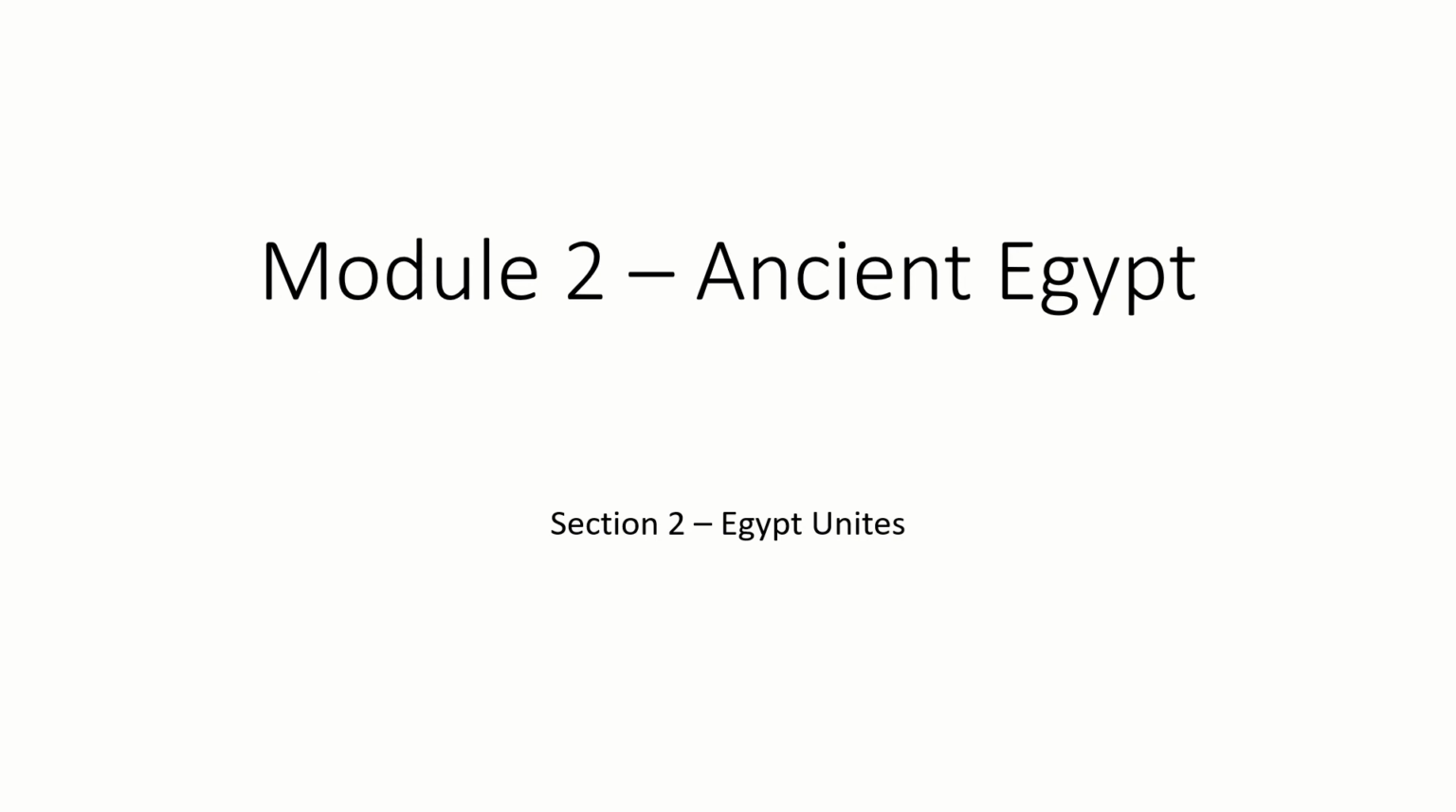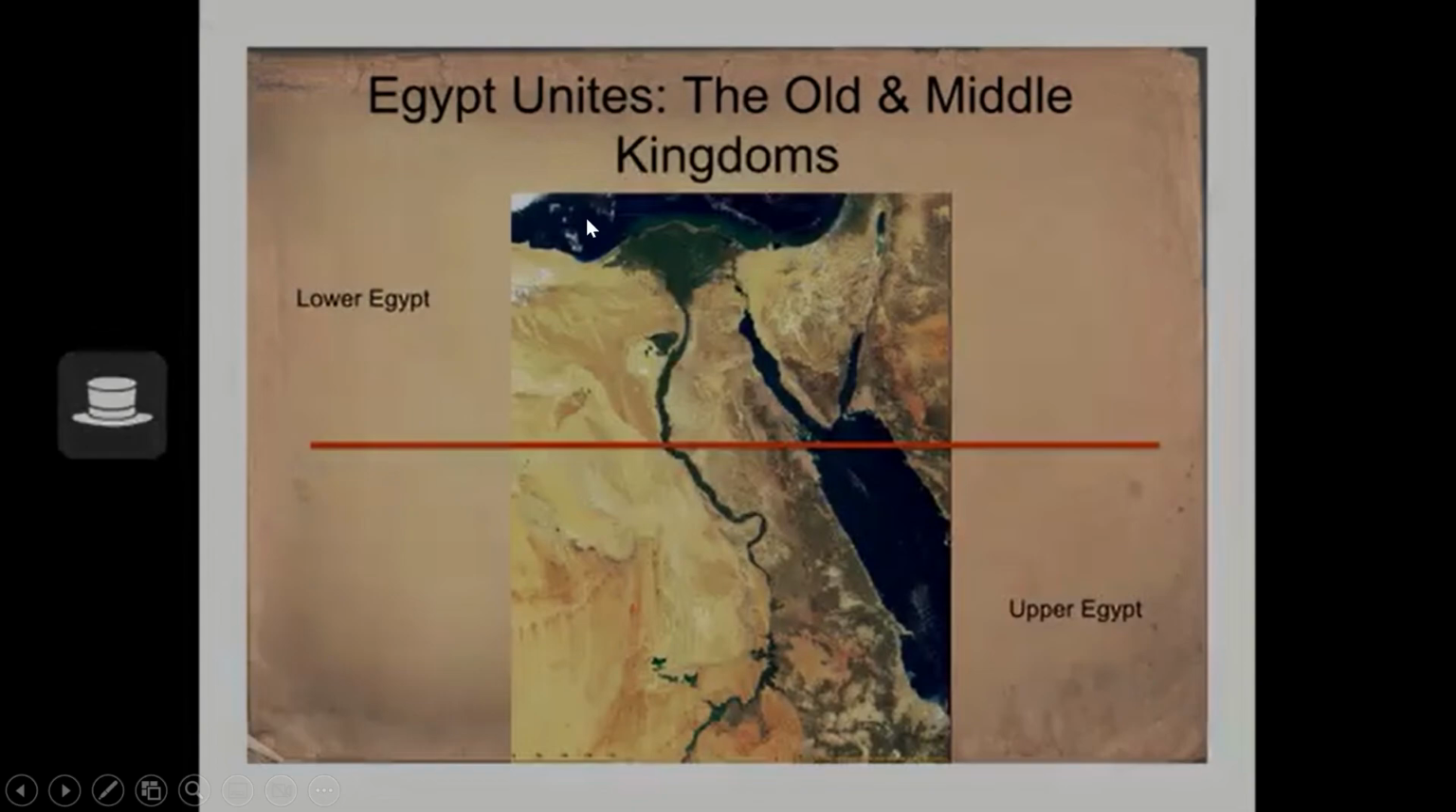All right, so now we're going to get to section 2, talking about the unification of Egypt and the early political history, and ultimately we're going to get to Egypt's second coolest monuments, the pyramids. Yes, I said the second. But first we're going to get to the unification of Egypt, and you need to understand two very broad terms